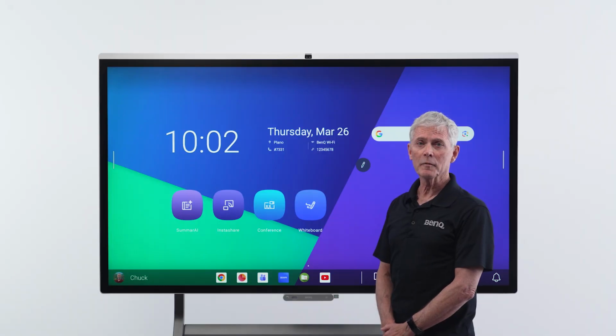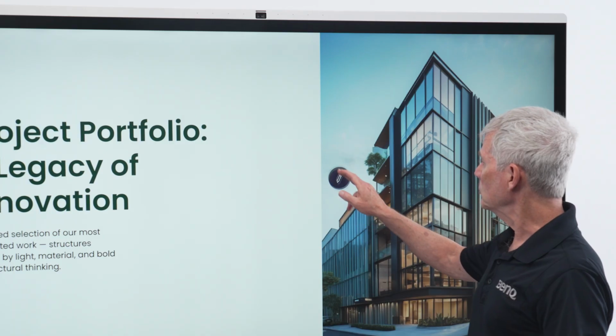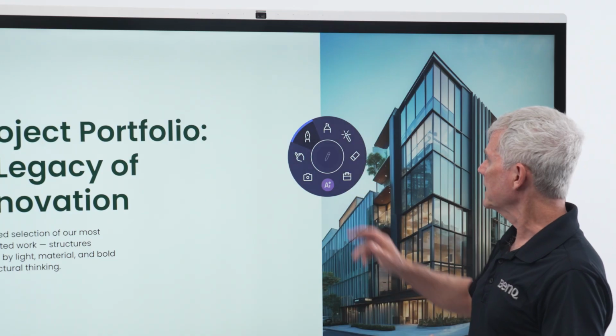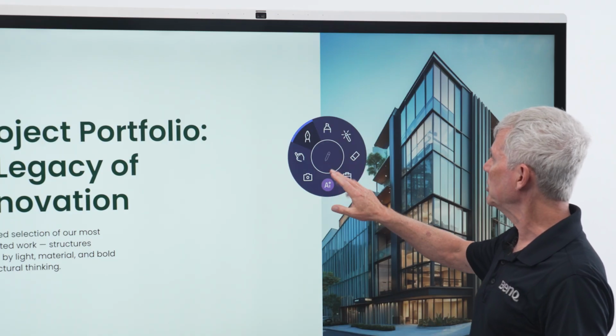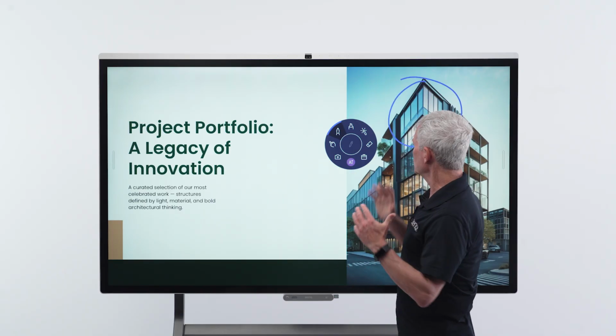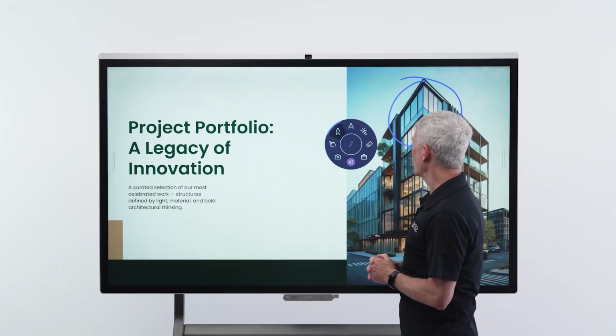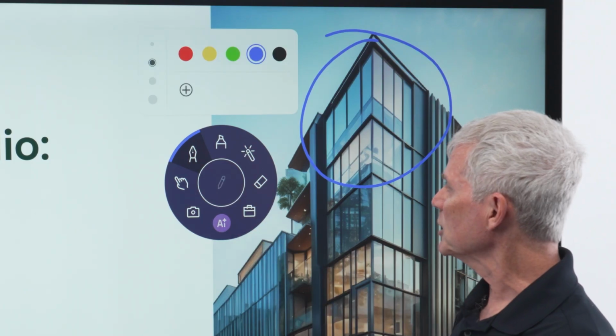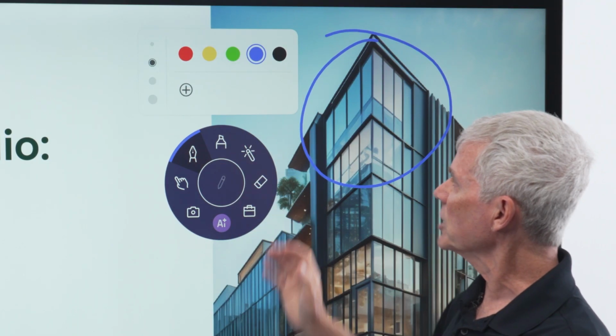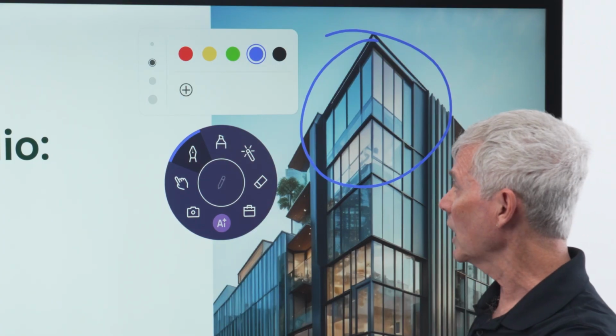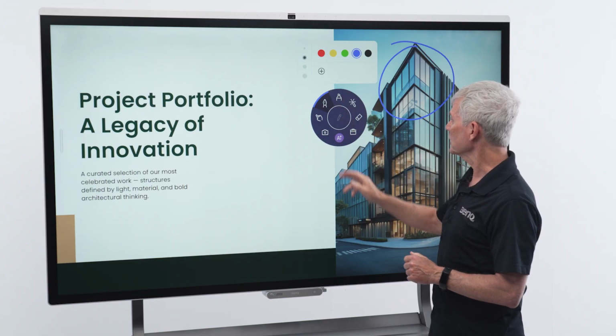Now let's explore some of the available tools. Move my floating tool where I want it, tap it to open it, and now I have my pen. I can simply use my pen to draw or annotate over my presentation. Tapping the pen again will give me options to change the thickness of the line or the colors. I can also add a custom color.